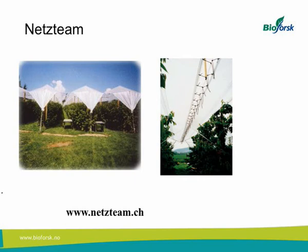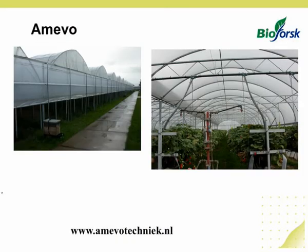You can go further, you can go to a more sophisticated thing. This is a Dutch plastic house, I would call it. They are more costly. This is very wind stable, it can tolerate wind up to 40 meters per second. That of course is a more costly thing. All these covers, they add cost. And if you are very sophisticated, you can grow the cherries in the greenhouse. This is from Holland. You can manipulate the climate and have it early if you like. But it's a question about